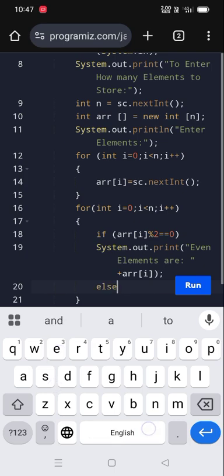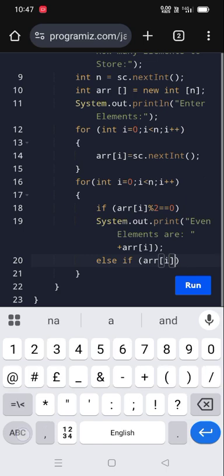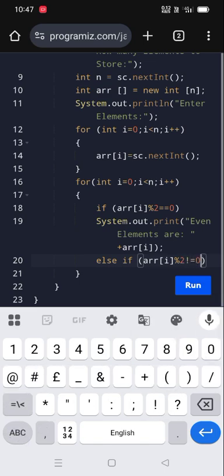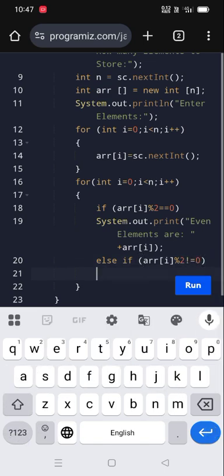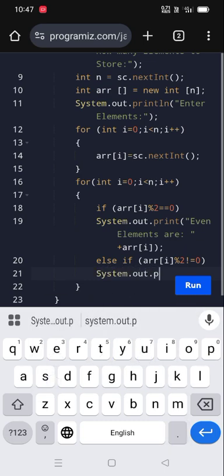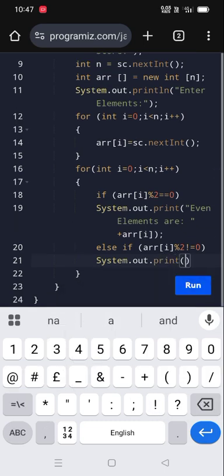Inside this loop again we are going to say else if array of i modulus 2 is not equal to 0. So if this condition is true, then System.out.print. I'm giving print. If required, I will give println later. So we are printing